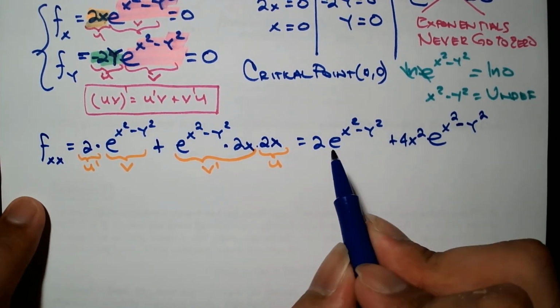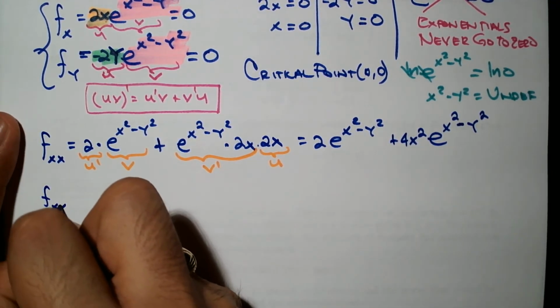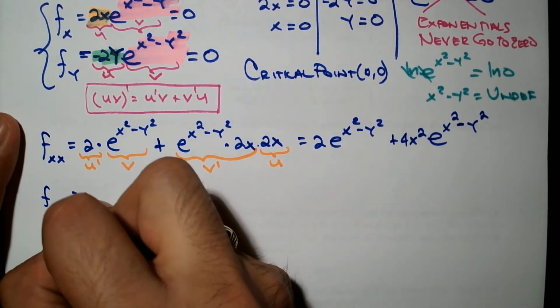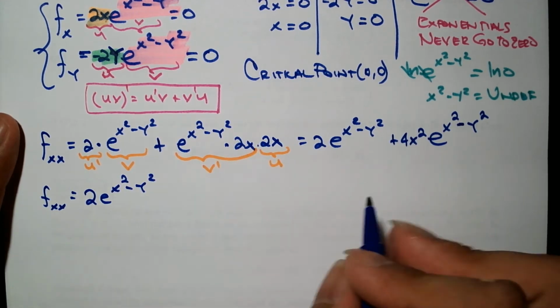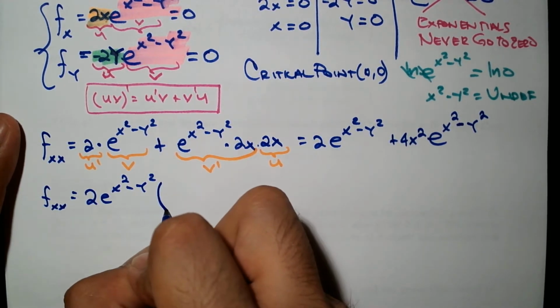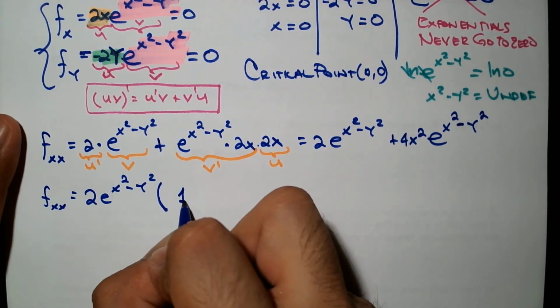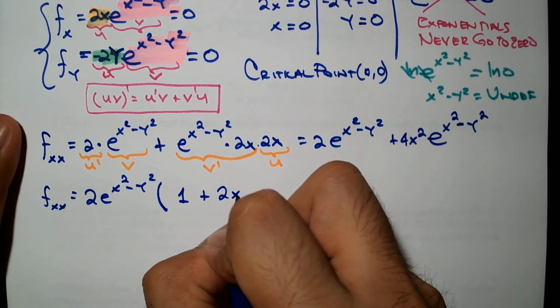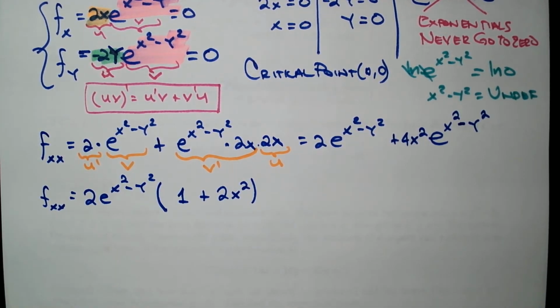So what am I going to do? I'm going to factor the GCF, which is 2e^(x²−y²), and then that times 1 plus 2x². Okay,